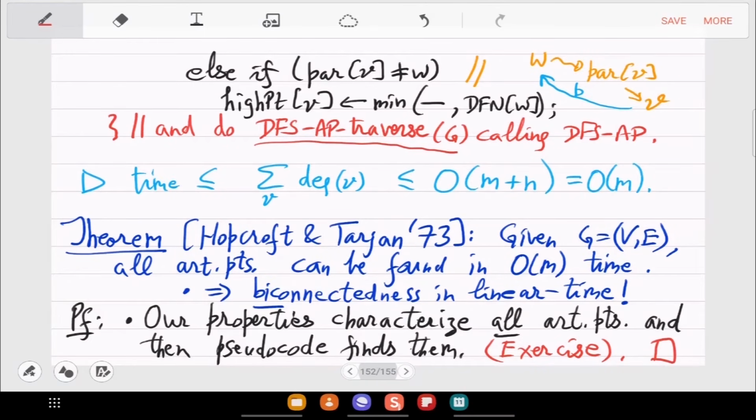Yeah, this is only DFS of V, but then DFS of AP traverse will go over other vertices. So overall, you will have to take a sum of degree of V for all V. Okay, so DFS traverse is the main code, the initialization code, and the code that calls DFS V. And for DFS V you have this analysis of time in terms of degree of V. So just combine all these things and embed in the proof.